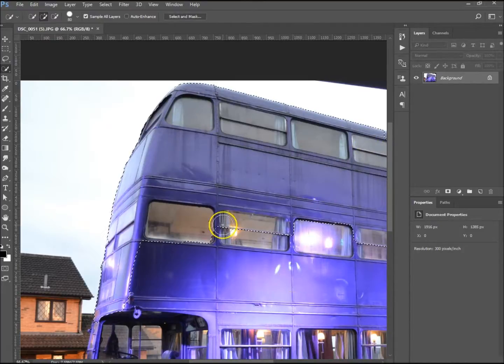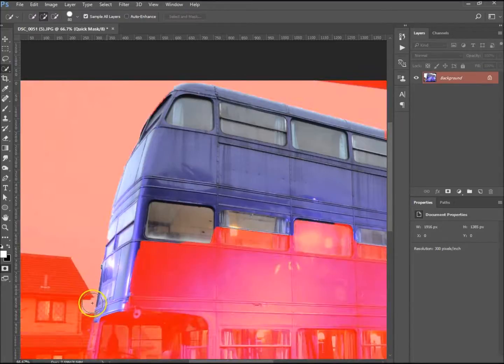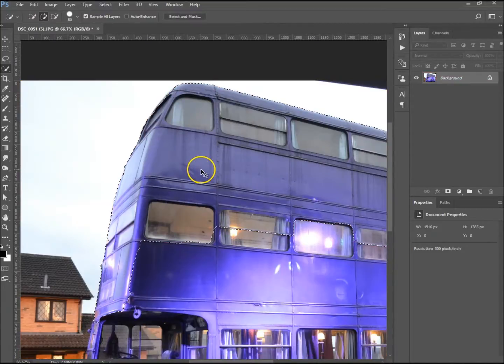It's not very good for selecting odd shaped things. You have to go in and refine it quite a bit, but you can see it's done a fairly good job around the edges over there. Okay, and Control D to deselect, and you have your Magic Wand tool. This selects colors,